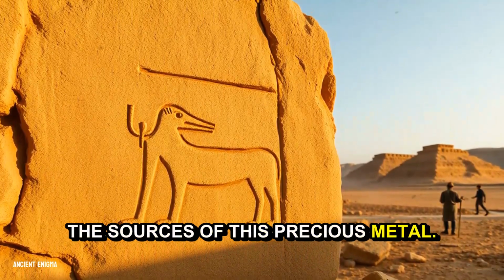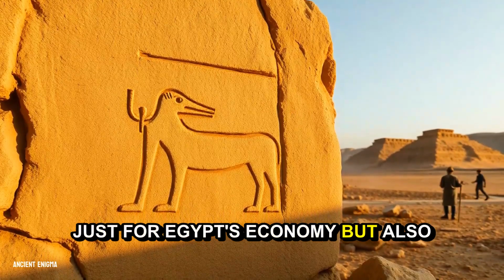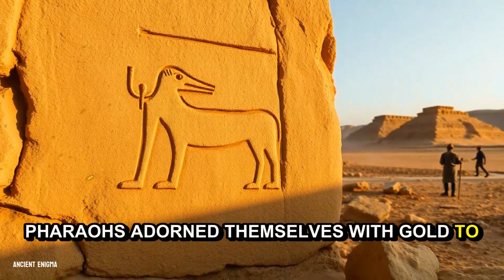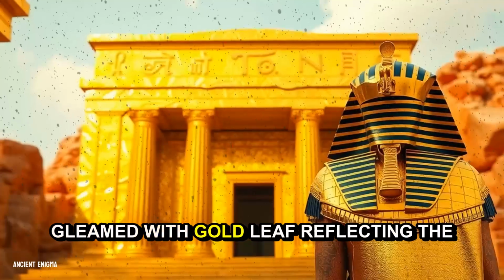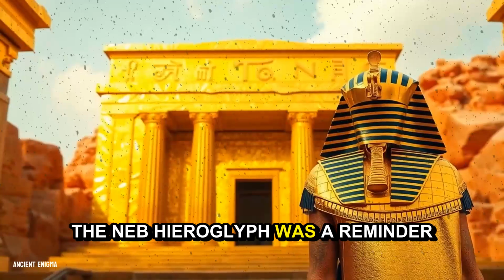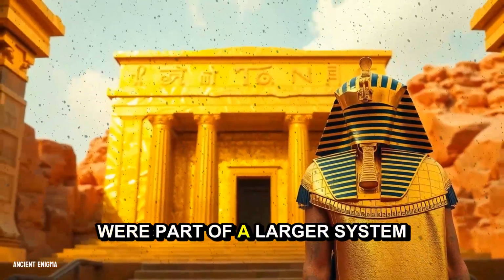of this precious metal. The gold trade was vital, not just for Egypt's economy, but also for its religious and cultural identity. Pharaohs adorned themselves with gold to symbolize their divine connection, and temples gleamed with gold leaf, reflecting the sun god Ra's eternal light. The Neb hieroglyph was a reminder that even the most valuable resources were part of a larger system of trade